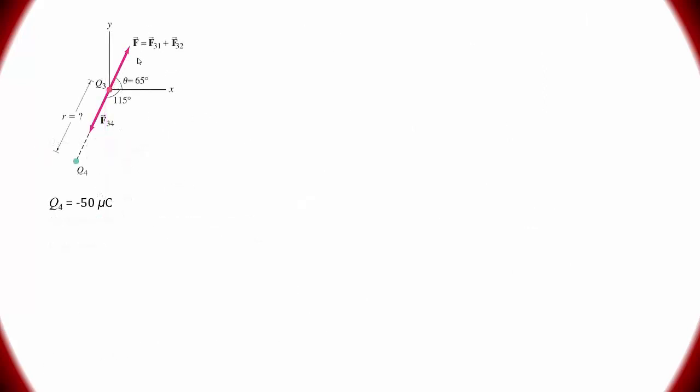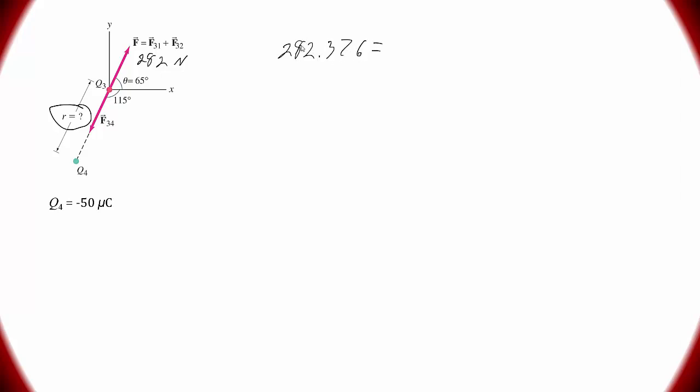So we just found the sum of these forces here, which I said was 282. And now let's say we add a fourth charge such that the net force on this charge is 0. It's a negative 50 microcoulomb charge, and we want to know what distance we need to place it. So we're going to place it along this same line, and we're not going to really worry about our angle. We just want to find this distance along the line. So in that case, we want this same force, this 282. The unrounded number was